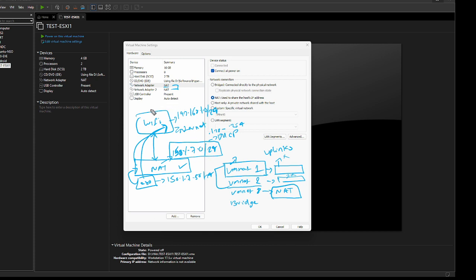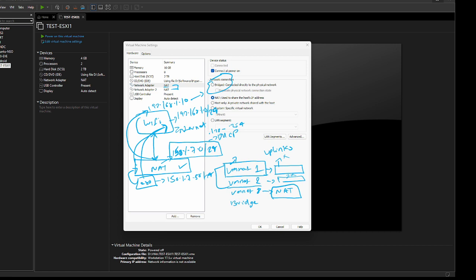For example, my laptop IP address is 192.168, maybe 1.10. So this adapter will make sure that it does the NATing to this particular IP and sends it to the internet, if you don't want to connect to your physical network. This is my virtual network, which is running inside my laptop. This is a NAT one, which is doing NAT for me. It is giving me a separate network, and whenever it wants to go to the internet, it is allowing me to communicate with the internet also.